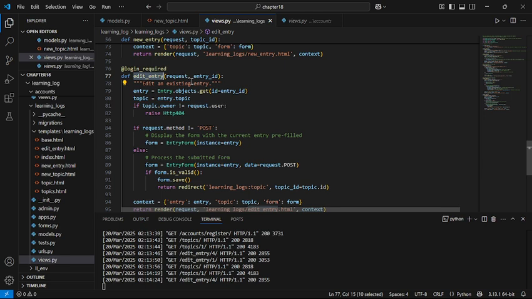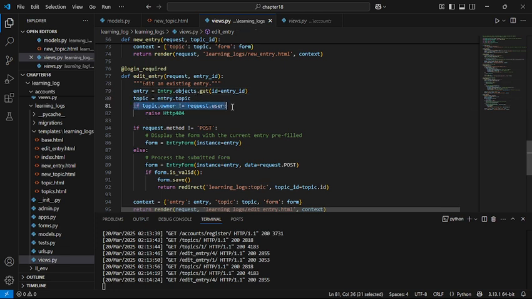So edit entry, which is the function, and basically here we have this entry variable, which is essentially an instance. So then they have this entry class, and then it accesses objects, and then uses a get method to get the ID for the specific entry, right? And then topic,